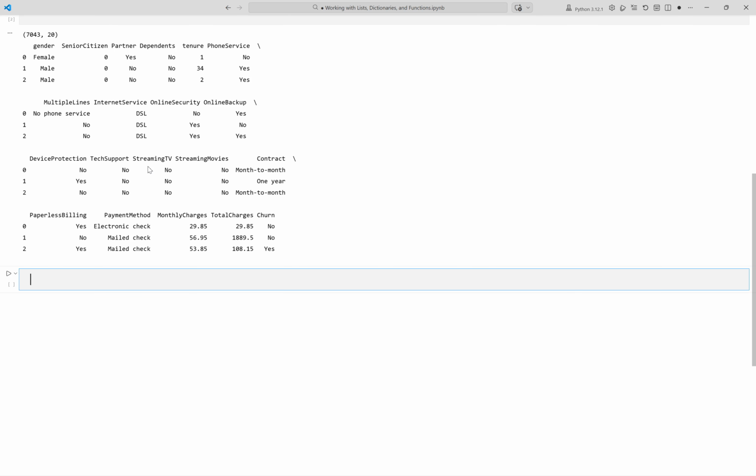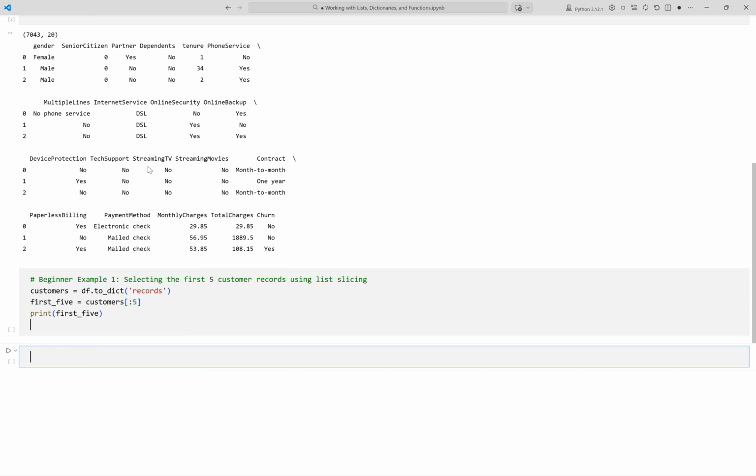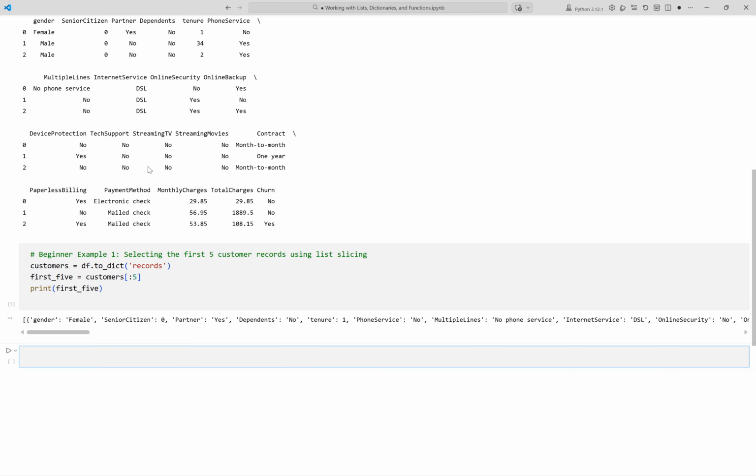Now we will demonstrate how to access a subset of customer records using basic list slicing. We convert the data frame to a list of dictionaries, where each dictionary is a customer's record. We take only the first 5 customers from the list using slicing syntax. We print the resulting 5 dictionaries to view the sample records. Running the cell now. Here, the code converts the data frame to a list of customer dictionaries and selects the